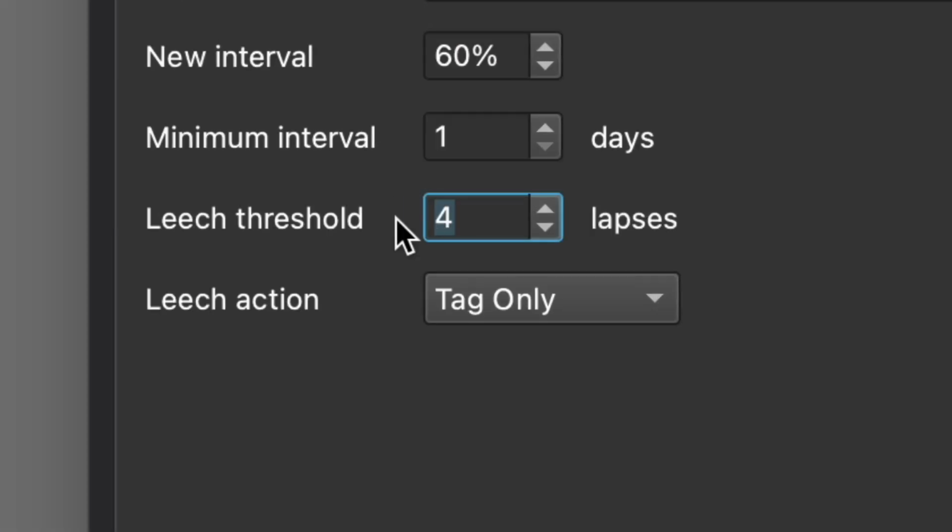That means if I press a card again 4 times, then it will get marked with a tag called Leech. That's basically what Leech means. It doesn't do anything else to the card, so it's up to you completely what you decide to do with those Leech cards, but it's just an indication to show you that you've pressed again on that card 4 times. And the reason why that's useful is because once you've got a card marked as Leech, that's when you need to know, okay, listen, I don't know the card, I need to do something about it, which is where the